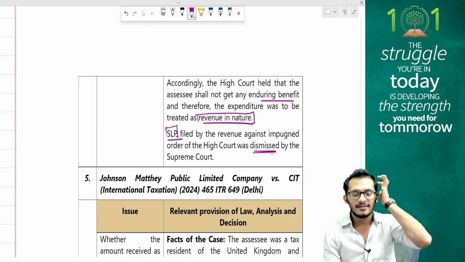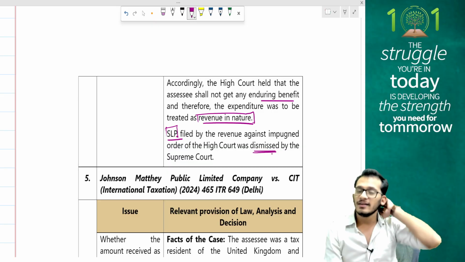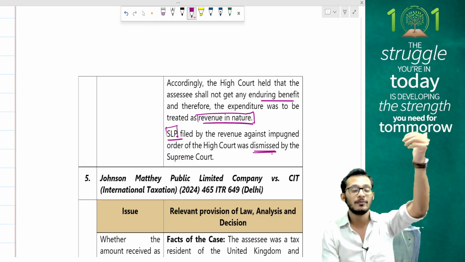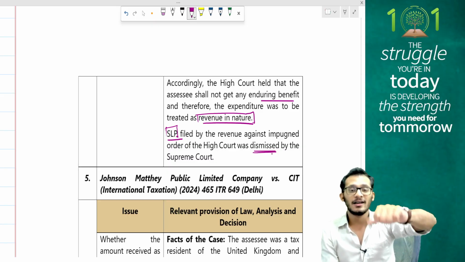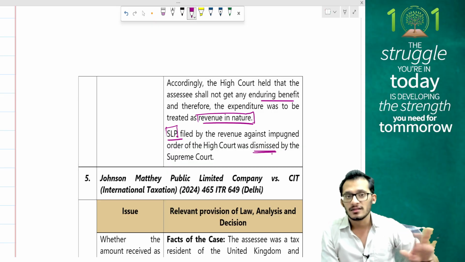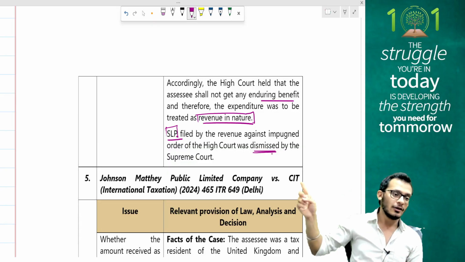So the intention is very simple. You need to ask yourself, am I having this asset, am I doing this project as a part of my current business or as a part of my new business? If I'm doing it as a part of my current business, claim it as revenue expense. If I'm doing it as a part of my new business, then it is not allowed as a reduction. It's a permanent loss. This is following that logic.